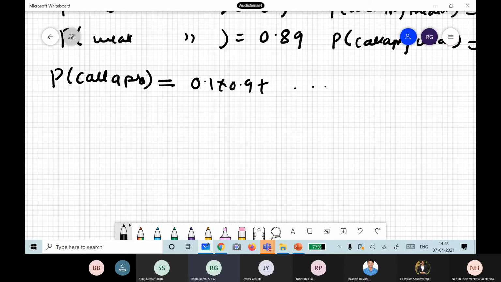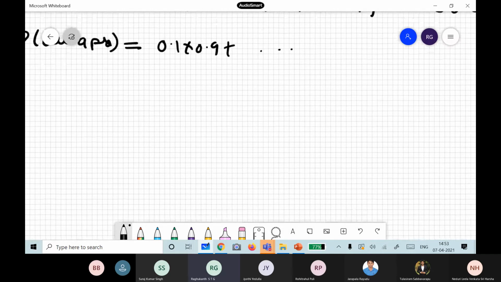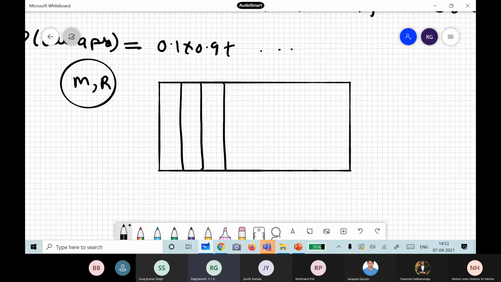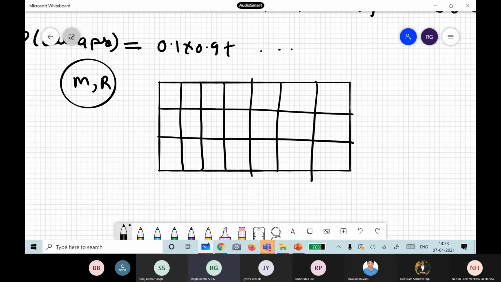Same thing we will do in hazard analysis also. As I already told you, in our hazard analysis we have M and R combinations basically. If you try to draw, you have a table like this, where the events are like this. Magnitude, distance, and others, so our sample space is like this: 6 magnitude 10 kilometer, 7 magnitude 10 kilometer, 8 magnitude 10 kilometer, then 6 20, 7 20, 8 20, and so on. I have all the individual earthquakes.